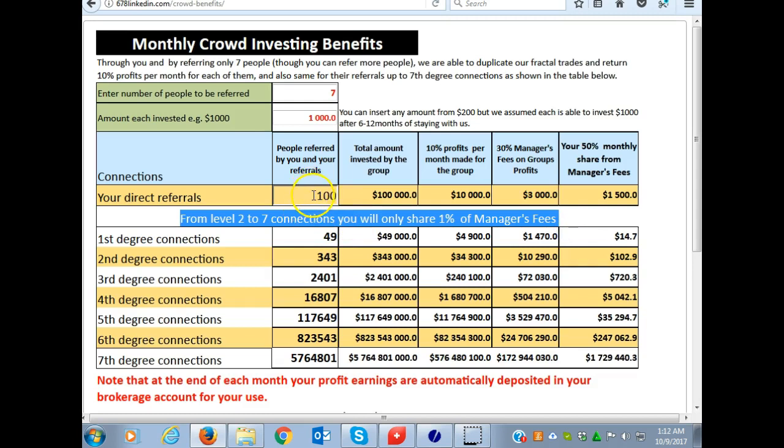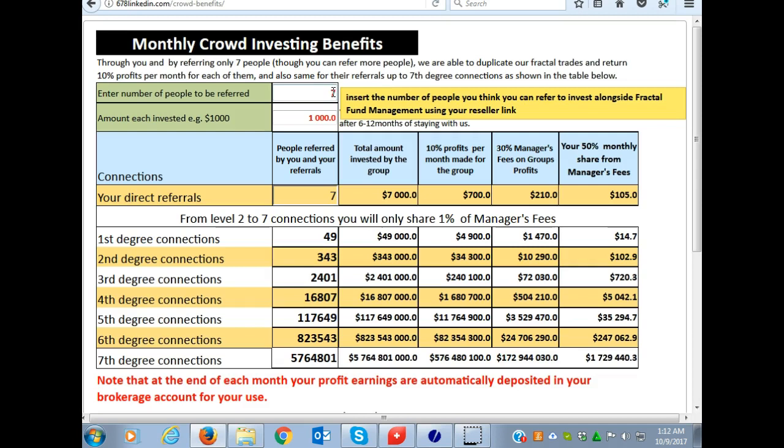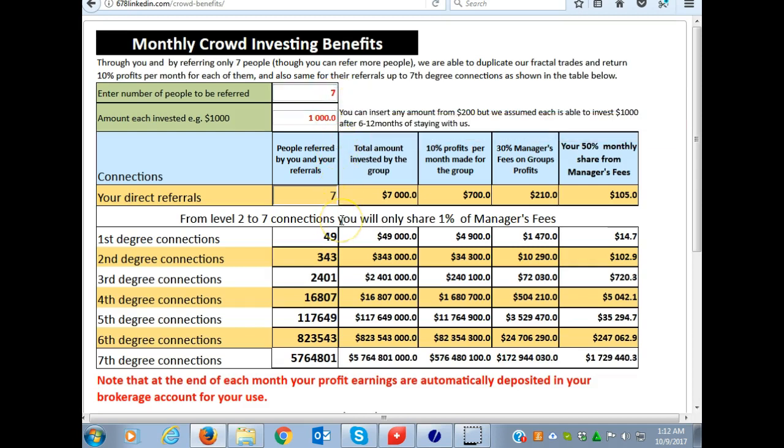Okay, let's come back to the connections of the people you referred. Let's keep it basic. We still go back to 7 people. Let's assume you referred 7 people, and these 7 people are also able to refer 7 people. Your first degree connection will now be 49. Simply 7 times 7 will be 49 people. If these 49 people also referred 7 people, your total number of people in your connection will be 343. In your third degree connections, if all of these 343 are able to refer 7 people each, your connections will increase to